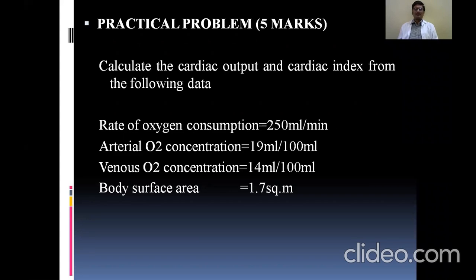Simply by looking at it, we don't know whether the oxygenation or blood supply is adequate, whether the cardiac output value per se is correct for the particular individual or not. We may not be able to judge simply by looking at the absolute values of cardiac output unless we know the BMI or body surface area. So calculation of the cardiac index, that is the cardiac output per meter square of body surface area, gives a more useful clinical value than a simple cardiac output.